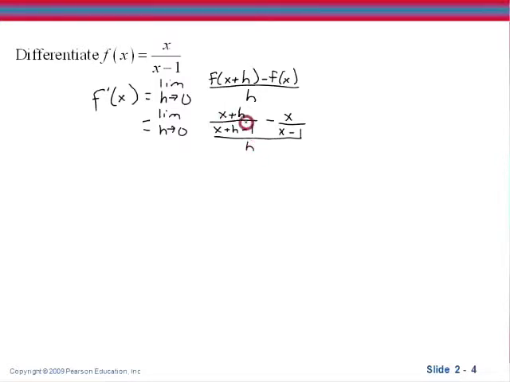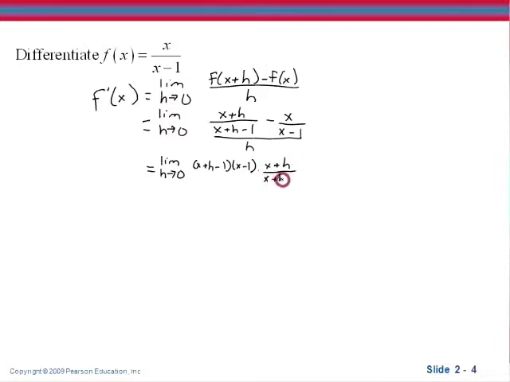Now you'll notice that we have a complex fraction, which means that I have two fractions in the numerator of my fraction. In order to eliminate the complex fractions, we want to multiply through by the common denominator of the fractions from the numerator. The common denominator will just be the product of these two. Now I can multiply by the product of these two as long as I multiply every term top and bottom by that product. So that will be x plus h minus 1 times x minus 1